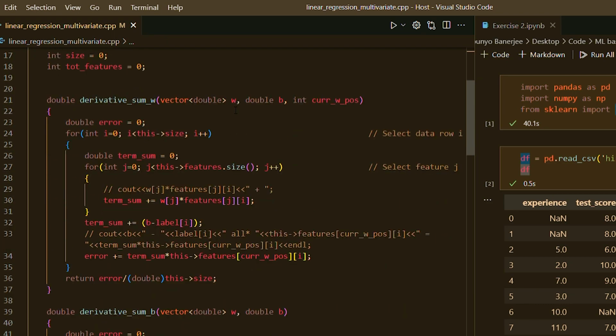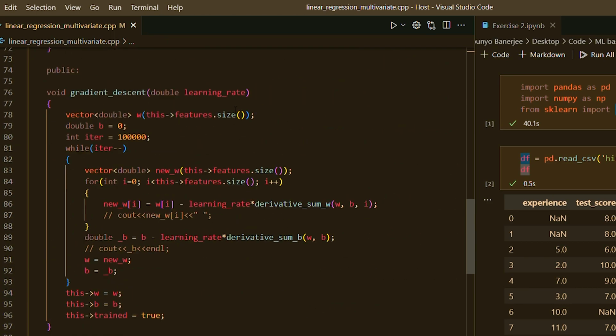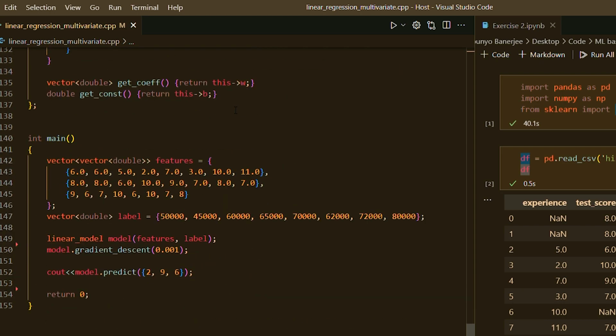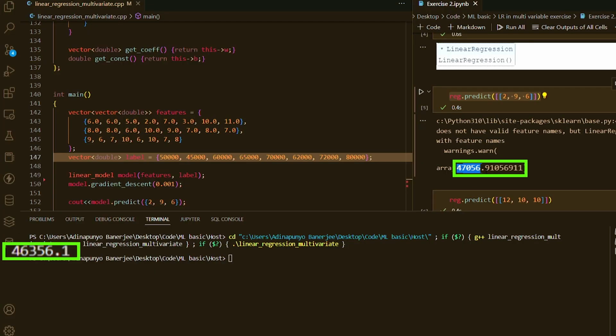Now that your theory is well done, you can get on your desktop and start implementing these algorithms. What I did initially was implement these algorithms in C++ from scratch without using any libraries. This helped me understand the inner workings of the algorithm, and I faced problems that I would not have faced if I had directly shifted to Python with scikit-learn. You can see here that a multivariate linear regression model predicts almost the same labels in scikit-learn and my C++ program.